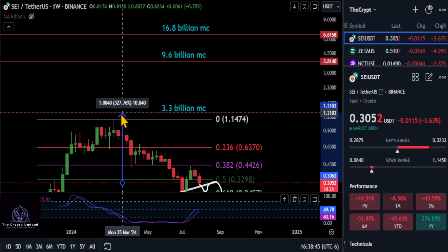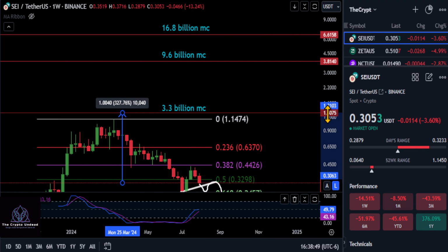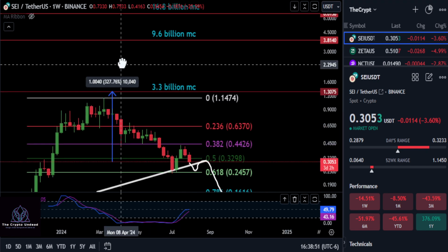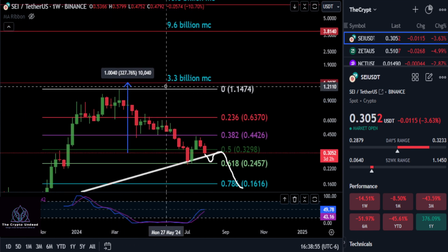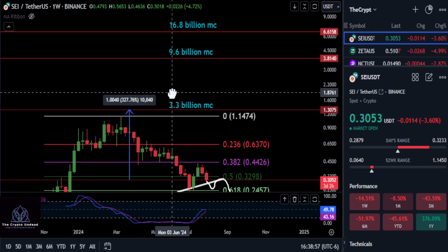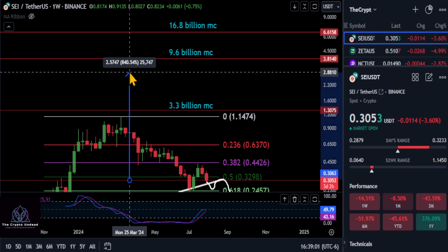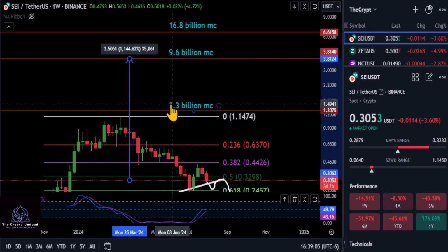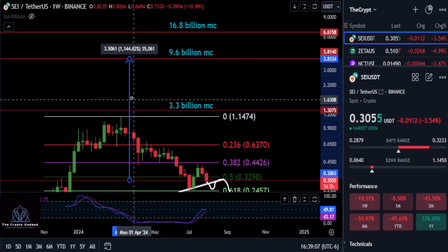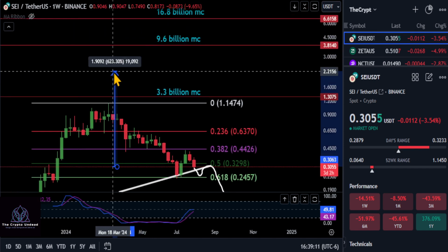And then our first target right after that previous high at 114 is going to take you up to that 3.3 billion market cap and that $1.30 range and do about a 4.5x from today, of course. But I think it's going to blow right through that one. I'm leaning more toward the 9.6 billion market cap on SEI here for a conservative target, I would say. I think 3.3 billion down here, just above that previous high, may be a little bit too low on this thing. So what are your thoughts on